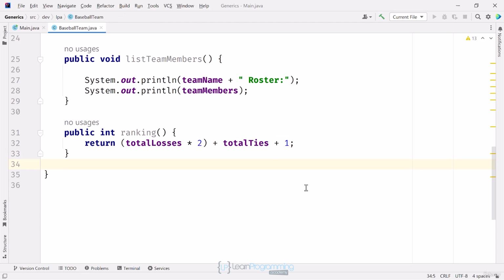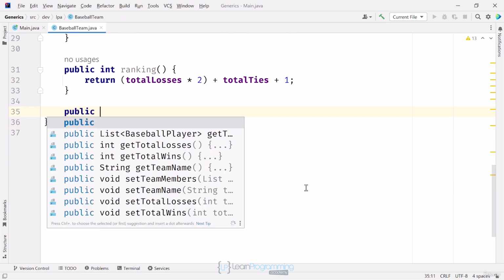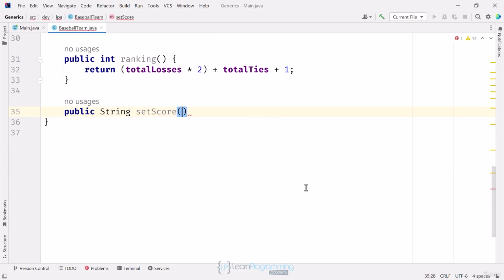This method isn't the final ranking of a team in a league or group of teams, it's just used to determine how well one team is doing compared to another. You'd probably use a list to store the teams and then sort them, but we're just keeping it simple for now. Next, I want a setScore method that returns a string, whether this team lost or beat the other team,